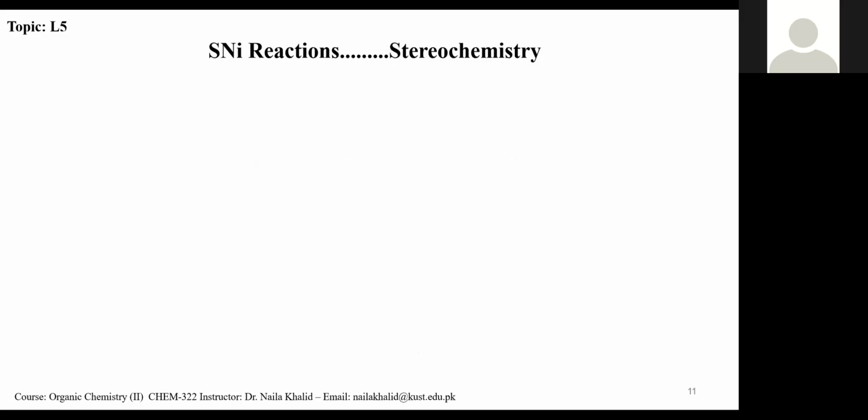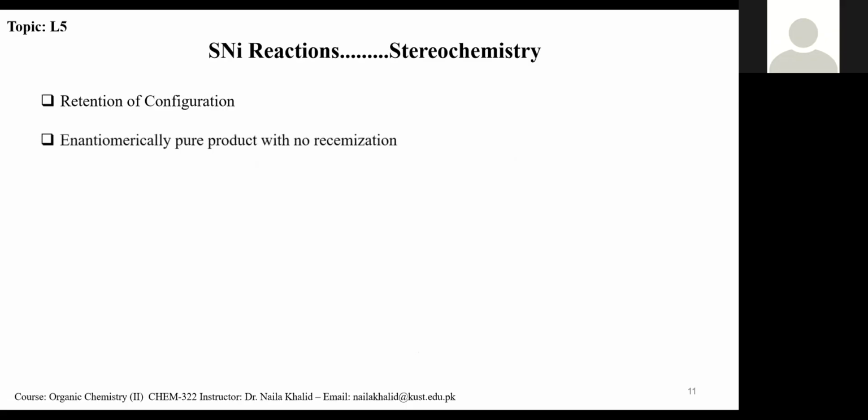What is the stereochemistry of SNi reactions? As I have mentioned before, this type of reaction involves only retention of configuration. So you will get enantiomerically pure product without racemization. It resembles SN2 in terms of rate of reaction. It resembles SN1 in terms of its formation of intermediate and stepwise mechanism, but it is different from both SN1